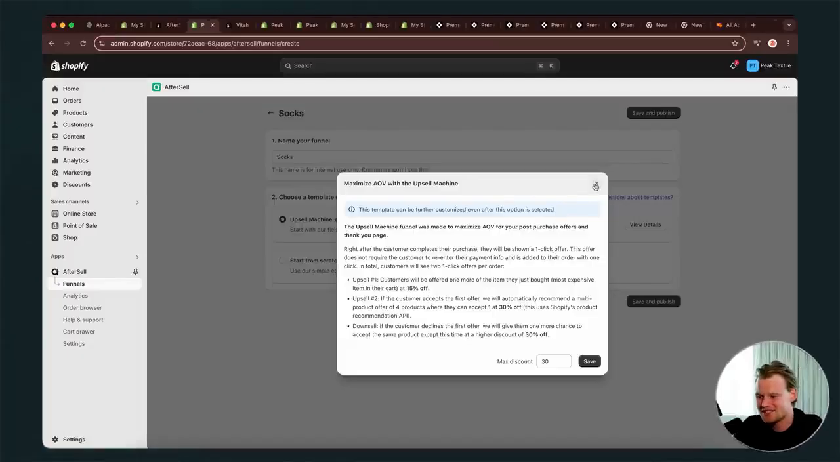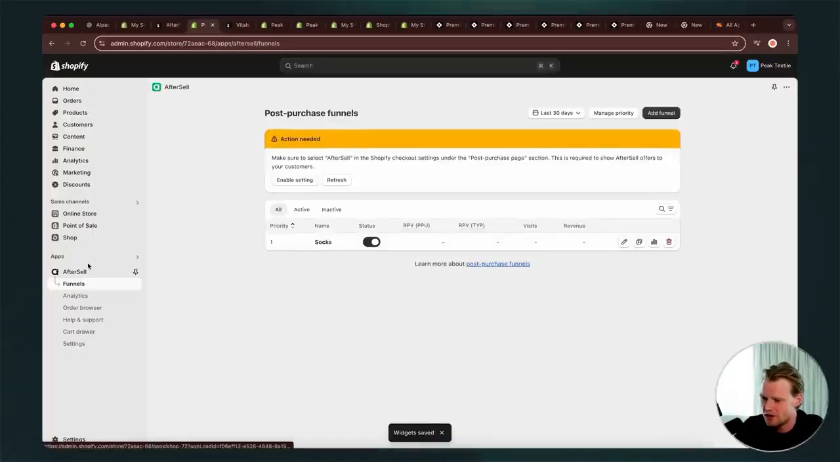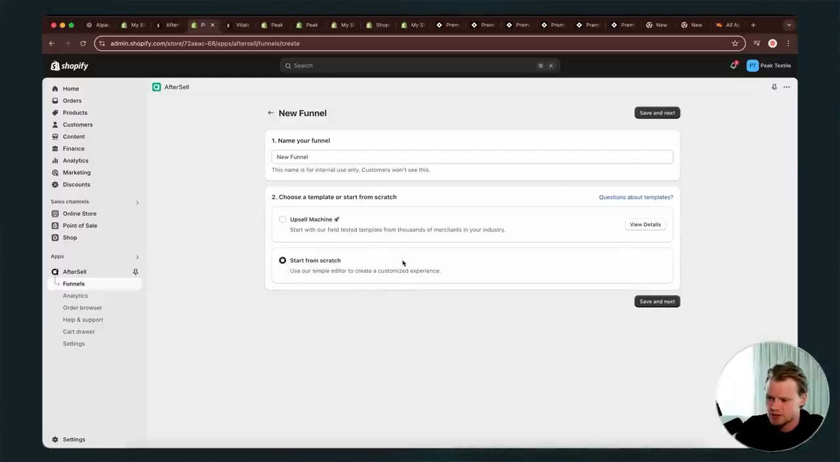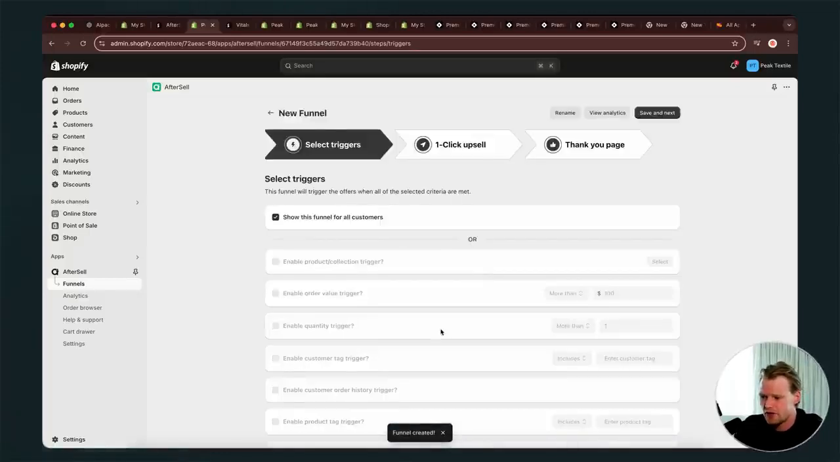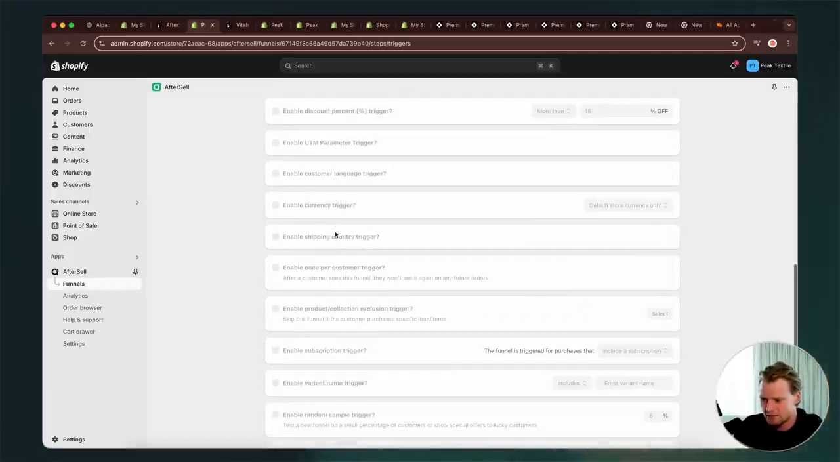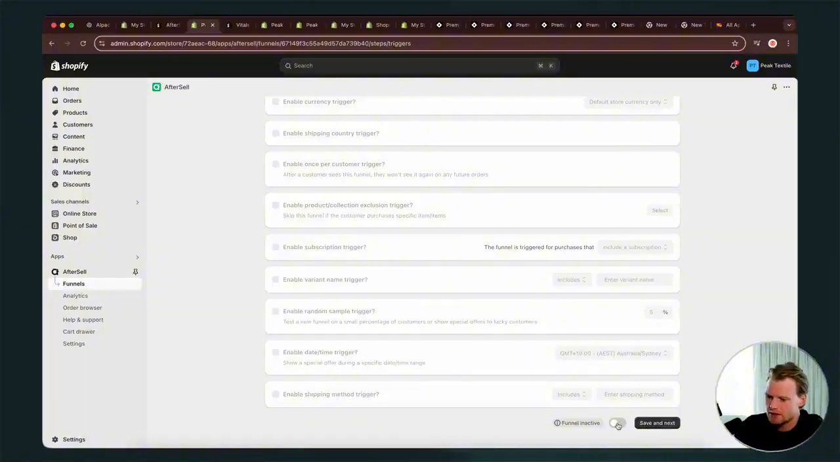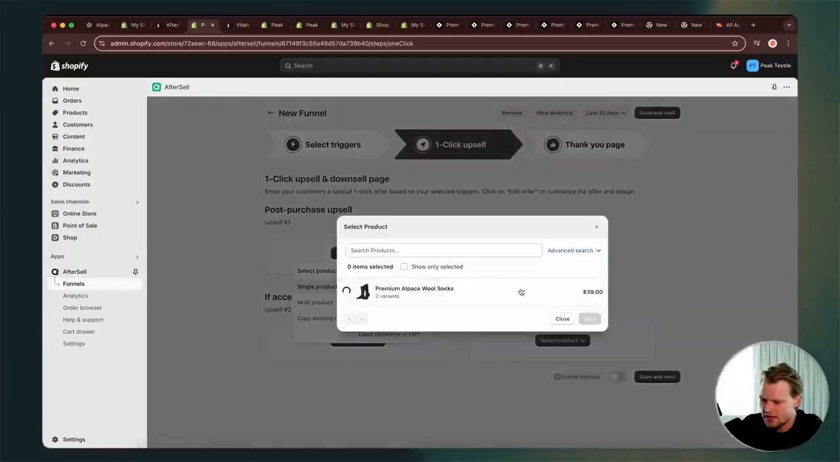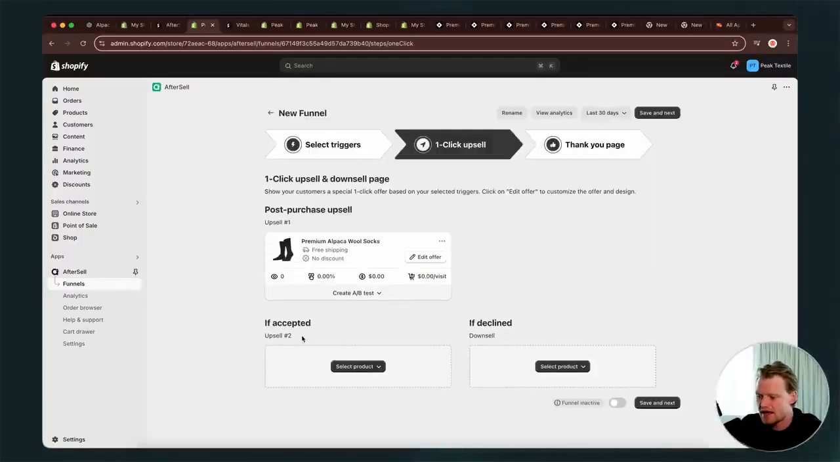I'm tempted to use it. It just doesn't really make sense for socks because they're just going to get so many, but let's have a play with it. Rather than using the default funnel, this upsell machine, which I love by the way, it's pretty awesome, we could just start from scratch, and let me just show you how that would work. Show funnel for all customers, because you can select certain triggers, like maybe they buy a certain product, but we've got one product and we click save and next. We select the product that we're going to have, which is our alpaca socks, save. If they accept the product,